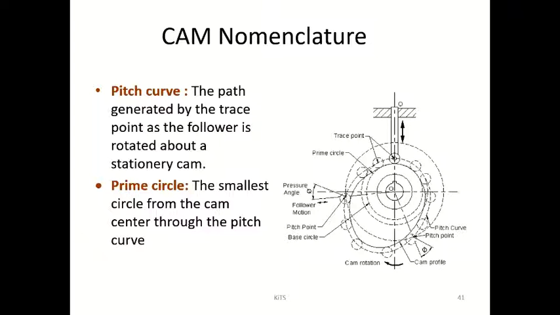You can see the same diagram and terminology in the book also. They might have given around 9 or 10 points marked on the cam and explained them. You have to draw it on an A4 sheet and study these things. This is very important, because if you don't know the terms, it will be difficult to draw the cam profile. If you know these terms, it will be easy.